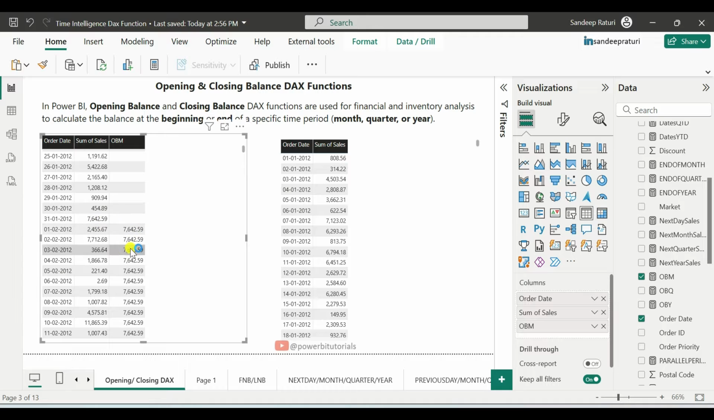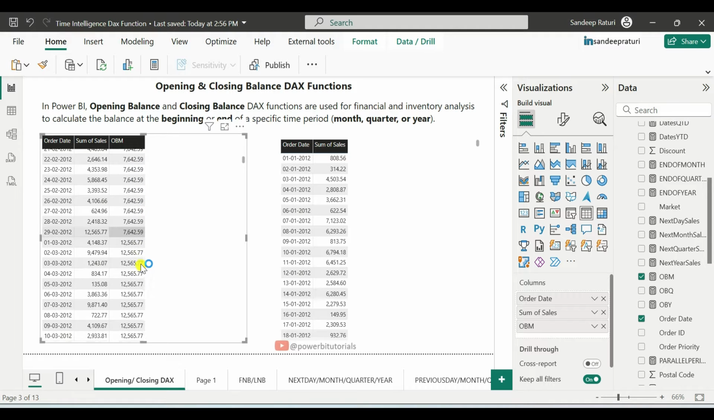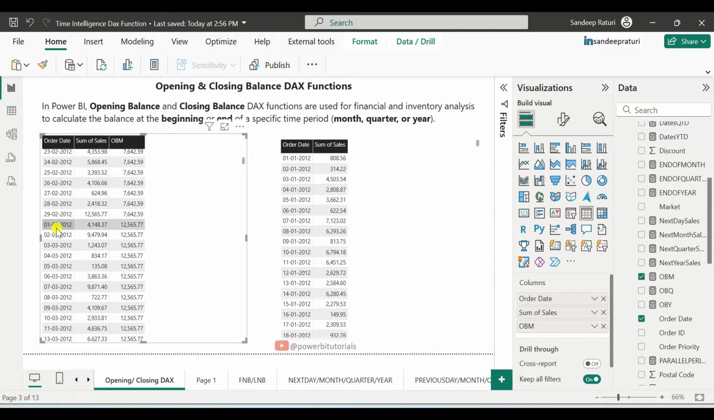So that's the reason it is showing 7642.59. Same if you check for the March month. So for March 2012, the balance at the beginning of the month is taken from February 29th, 2012, which is 12,565.77. Same you can see here, because for March 2012, the prior balance from the previous month would be February,